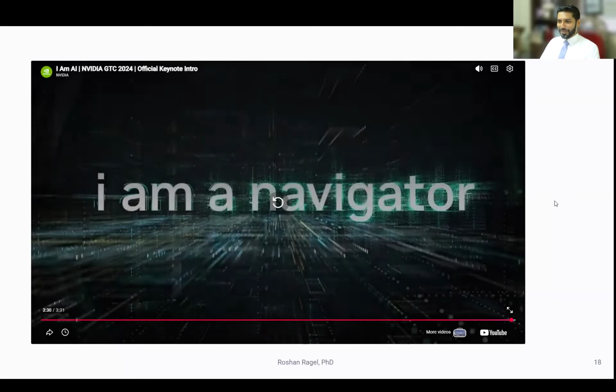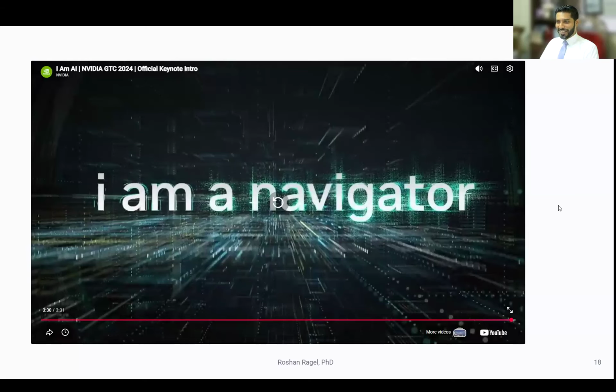As you saw in the video, that's AI talking or introducing itself. It says, I am AI, right? And then you can see the type of things it can do. It's amazing the amount of things it can do. Generative AI is just part of it, but there's a lot more. It's just the tip of the iceberg, where generative AI has become so popular through a certain number of tools. And it can do so many things.